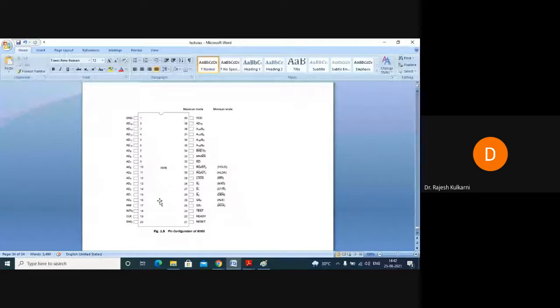Next, let us go for after BHE bar. We have MN and MX. We know the meaning of this. How many modes are there? The 8086 has 2 modes. What are the 2 modes? We have maximum mode and minimum mode. What is the meaning of minimum mode and maximum mode? The meaning of minimum and maximum mode